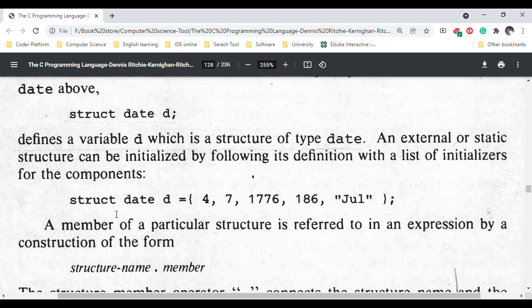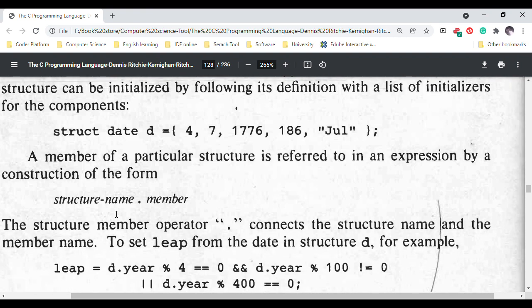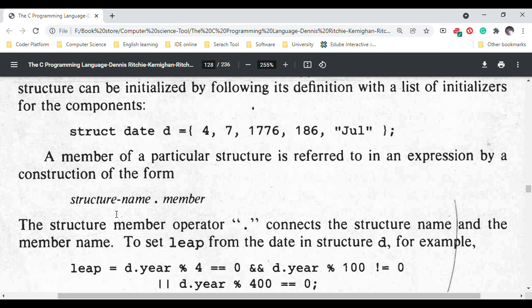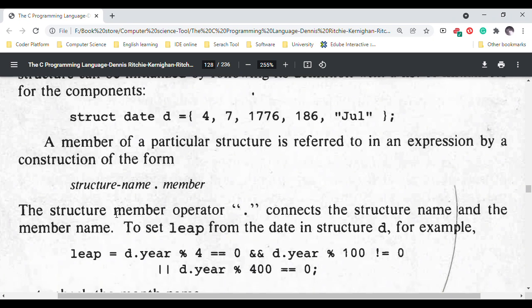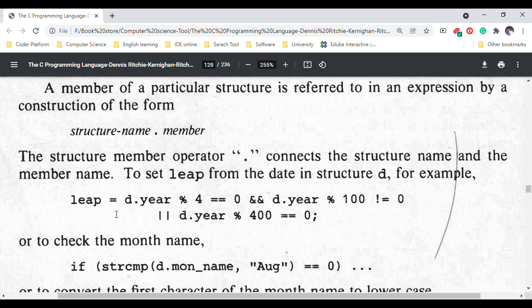Defines a variable D, which is a structure of type date. An external or static structure can be initialized by following its definition with a list of initializers for the components. A member of a particular structure is referred to in an expression by a construction of this form. The structure member operator, the dot, connects the structure name and the member name to set leap from the date in structure D, for example,